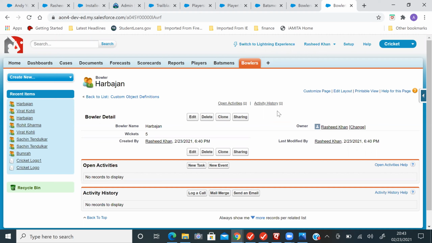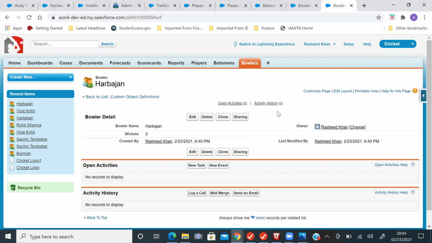As a system admin, we can do that. The admin will implement the security settings so that Devendra can view the records of Rashid Khan. All these types of security we can implement in Salesforce.